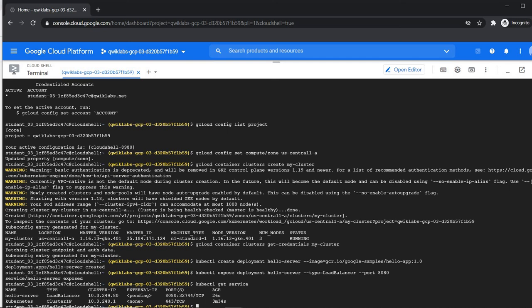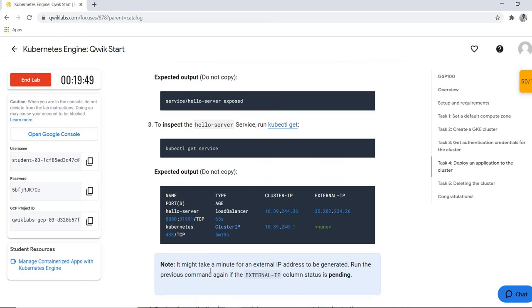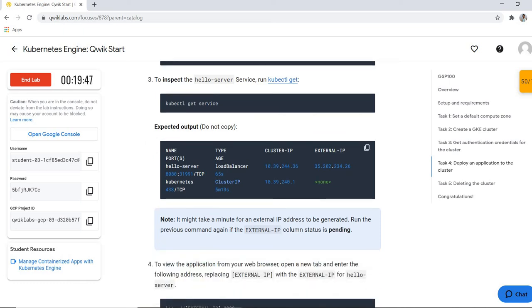Here is one thing that is important to note: we have an external IP. So be patient and run the get service command until you get your external IP address. It takes some time to assign you one external IP address.